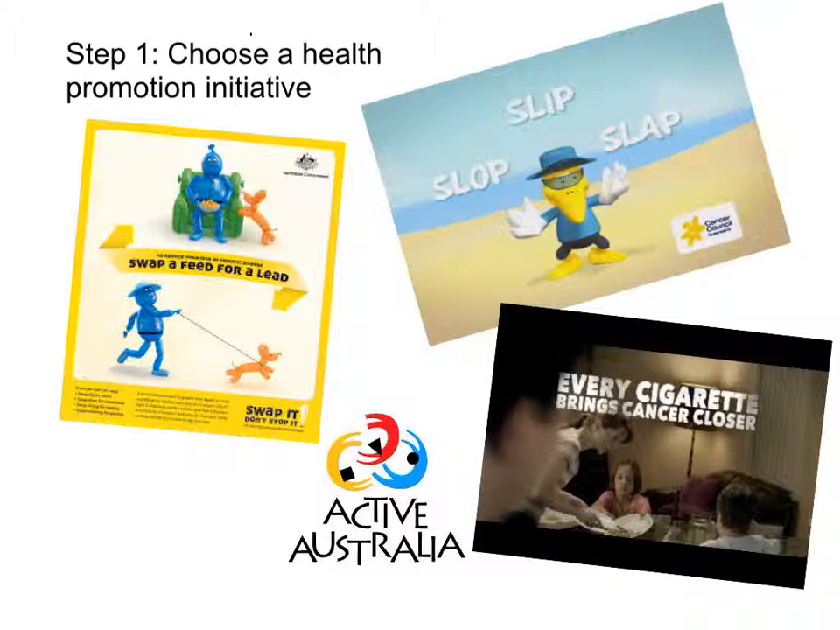So let's get started. The first thing you'll need to do is to choose a health promotional campaign. You can see that I've included 4 here on this page. The Swap It, Don't Stop It, Slip Slop Slap for skin cancer, part of the Quit campaign for cigarette smoking, Every Cigarette Brings Cancer Closer, and the Active Australia campaign, which was designed to make physical activity a bigger part